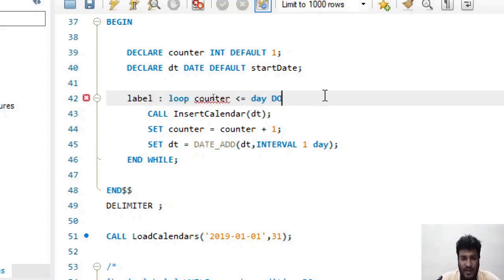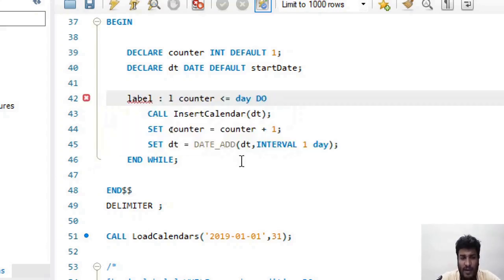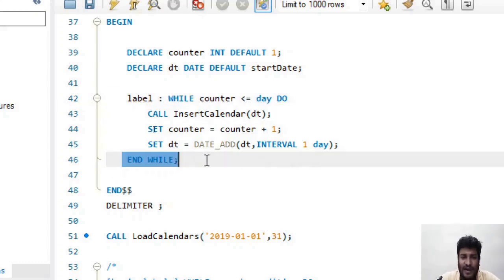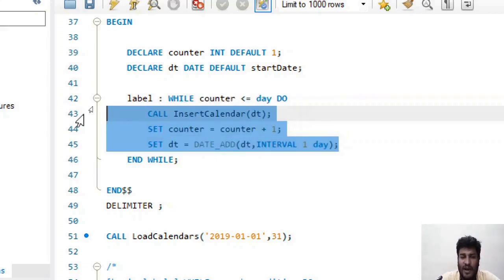Previously we had this statement, and inside this we had to use the leave statement to leave the loop. But now we are using the while, and at the very end of while we use end while. This is the syntax, and here we give the condition. So this loop will run until counter is less than or equal to day, and all these statements will execute with this loop every time, right? So this is the while loop.